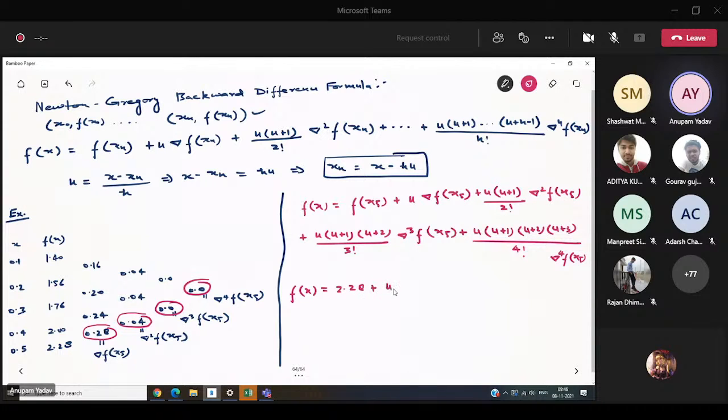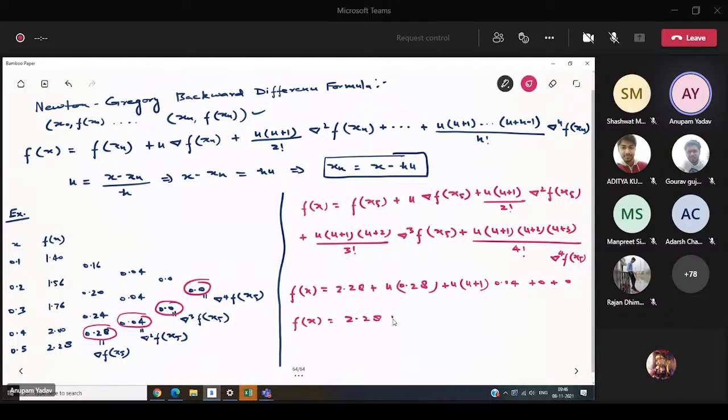plus u into the first backward difference 0.28, so 0.28 plus u into u plus 1 into the second backward difference, it is 0.04. Okay, plus, you see, the third backward difference and fourth backward difference are 0 in the table, so this value and this value will be 0, so plus 0 plus 0. So ultimately what we got, f of x equals to